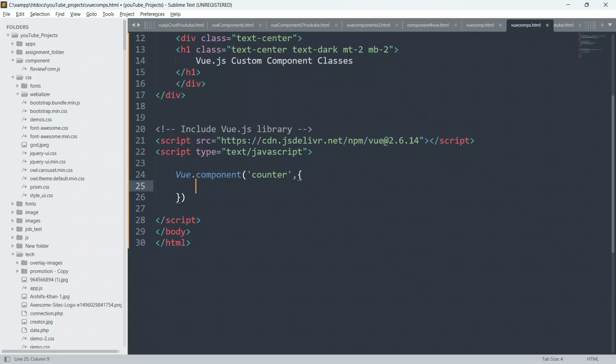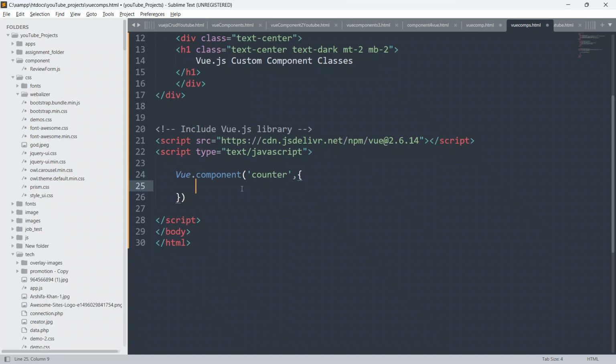So in order to create a global component inside Vue.js, we have to use Vue.component, define the component name, then put a comma, and then put open and closing curly braces, and inside this we can define data. It can return properties also. We can define our custom methods also. We can define our custom objects also.